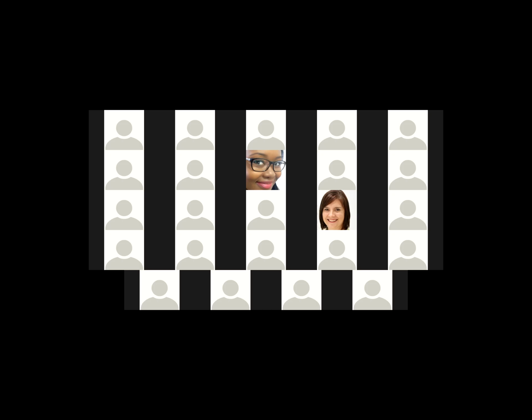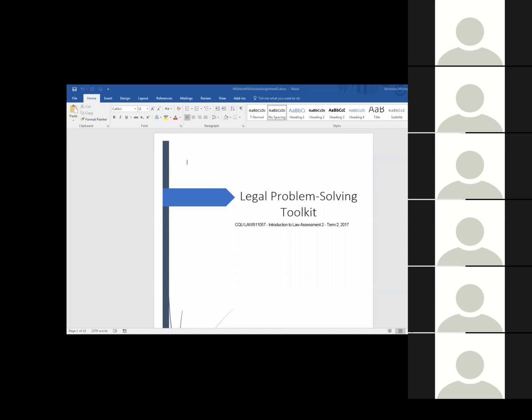Now, I'm going to ask everyone to do the same, just on your own screens. If you've got a split screen, or you can do this, try and bring up a Word document, and I want to go through it with you. Thank you, Nicholas. Some of you probably know this already. Okay, here we have the Legal Problem Solving Toolkit. Thank you very much. Now, Nicholas, if you would be kind enough to go to the top left-hand corner, File. Actually, before you do that, could you just quickly scroll through the document for me? Just so we can generally see what's there.